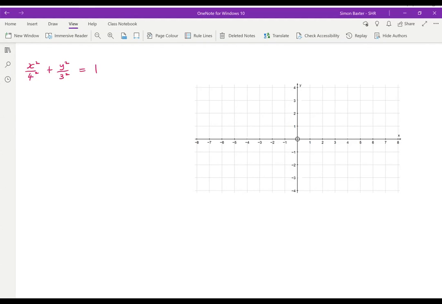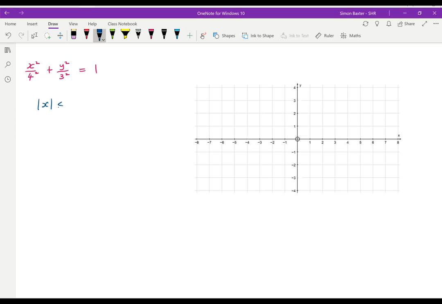What shape is this curve? The first thing we can notice is that because of the squares, we are adding two positive numbers to give 1. That means that each of those numbers must be less than 1. And so if x squared over 4 squared is less than 1, x squared must be less than 16,